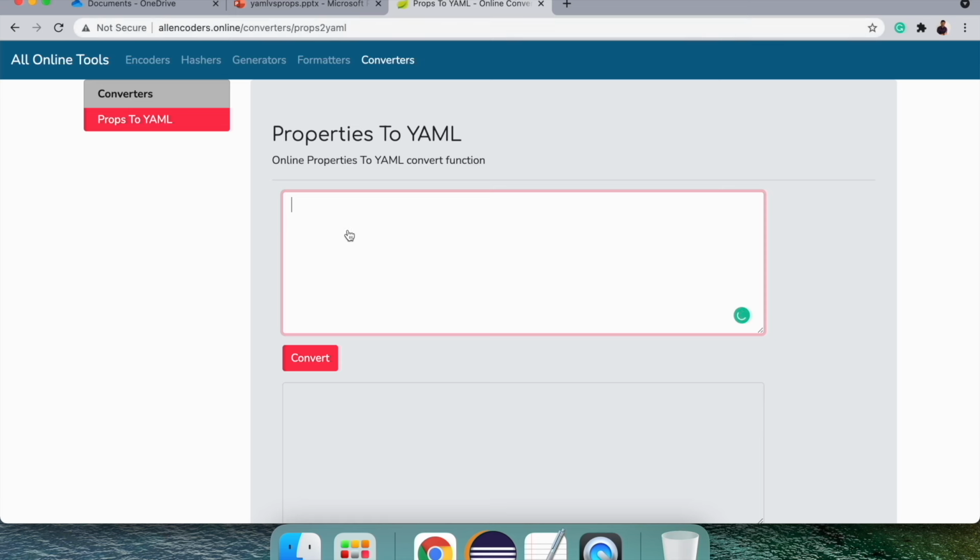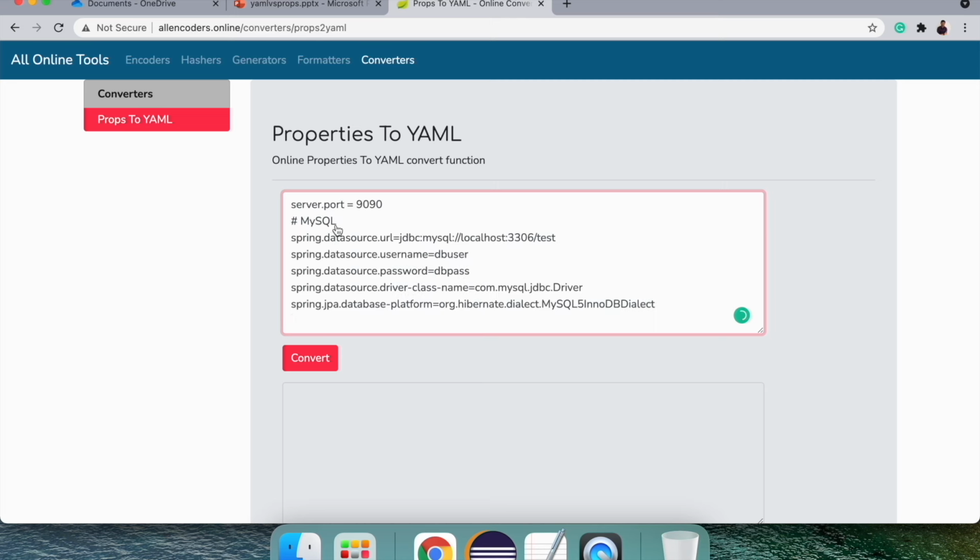There you can convert your properties to YAML with the correct indentation. Sometimes you might miss out the indentation, so it is better to use this kind of ready-made tool. So I have just pasted it, and I'll click on convert.